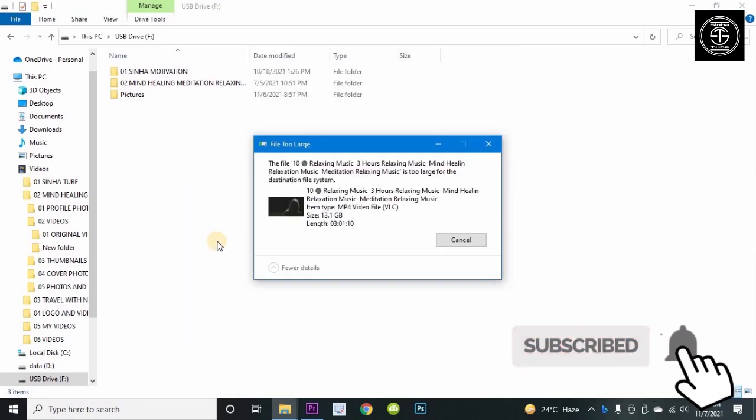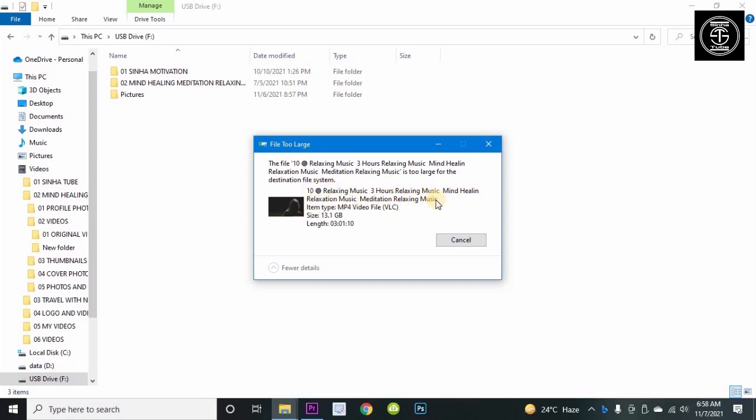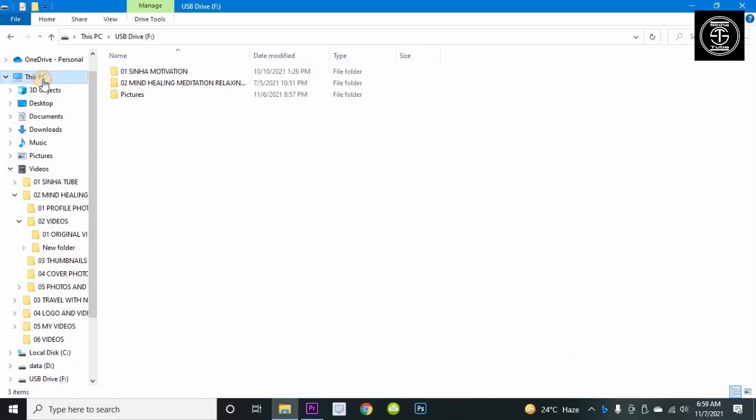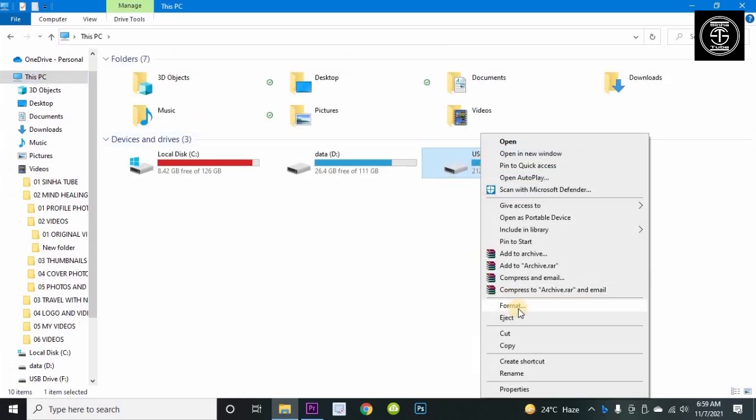Now you can see here this file is too large for the destination file system. So now I will teach you how to fix this problem. So go to the USB drive and right click there,